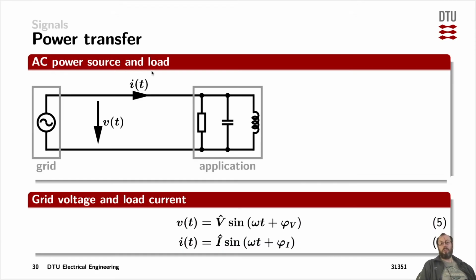So far, when we've looked into signals, we looked at voltages or currents separately. But power electronics is about the multiplication of those two. So a voltage times a current is giving us a power. To transfer the power from a source to an application, from the grid, for example, to any using electronics here,